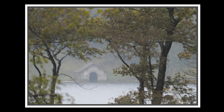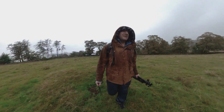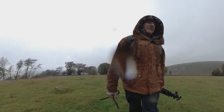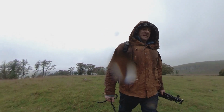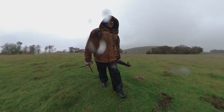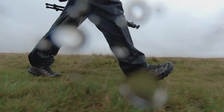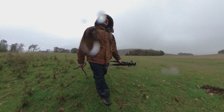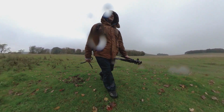I'm hoping I've got a couple of good shots. Can never be sure, can you? Because what looks good in the viewfinder, looks good on the back of the camera on that tiny screen, could look pretty blooming awful when you get it onto a bigger screen and you see all of the imperfections that exist in the shot. And there's probably a good few in these because I've kept my glasses off,